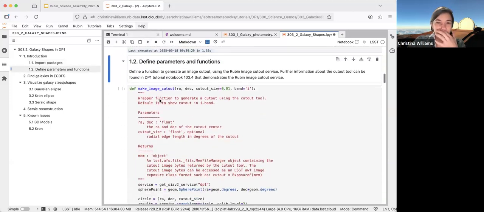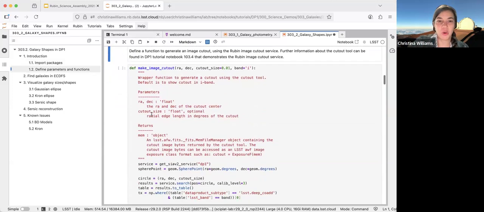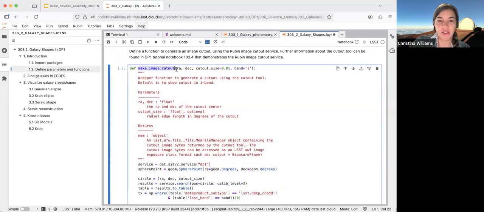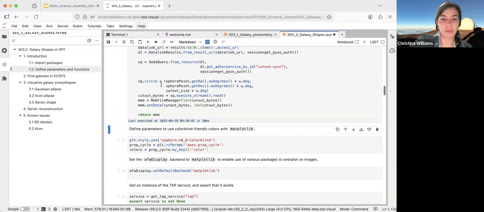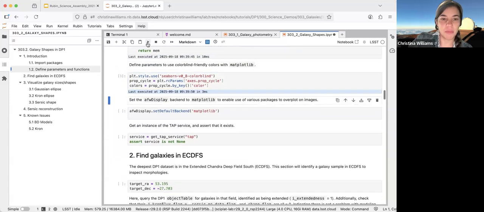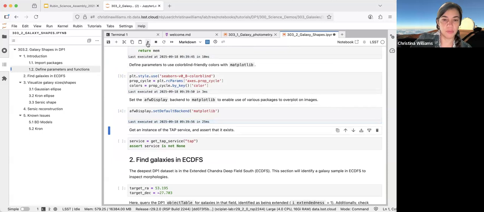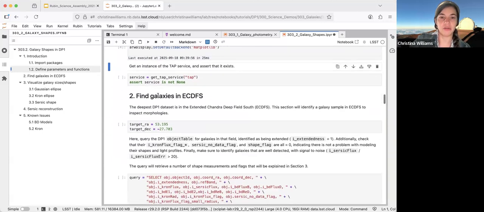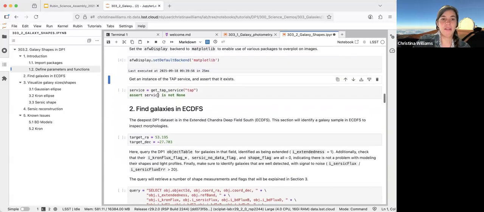Okay, so the next thing I'm going to do is make this very quick function called make_image_cutout. Don't worry about the details in here. It's basically a wrapper function to enable us to make a cutout of a Rubin image so we can look at individual galaxies. So I'm going to compile that function. I'm also going to define some norms throughout this notebook to be colorblind friendly